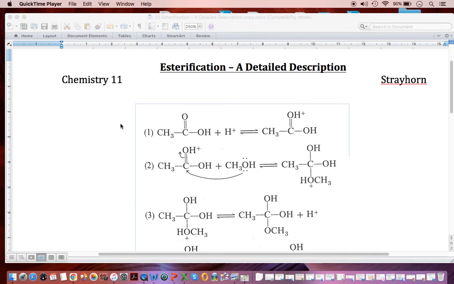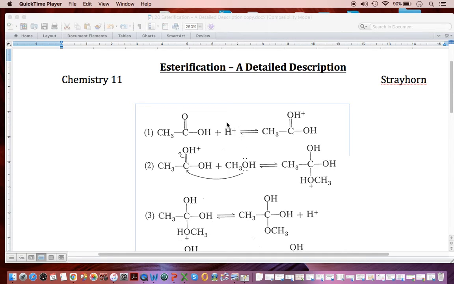You're going to do a lab, if you haven't done it already, and that is on esterification, and you're going to combine different carboxylic acids with different alcohols, but you'll catalyze it by adding some sulfuric acid. And the sulfuric acid will provide the H+, which allows the reaction to proceed along with some warming of the